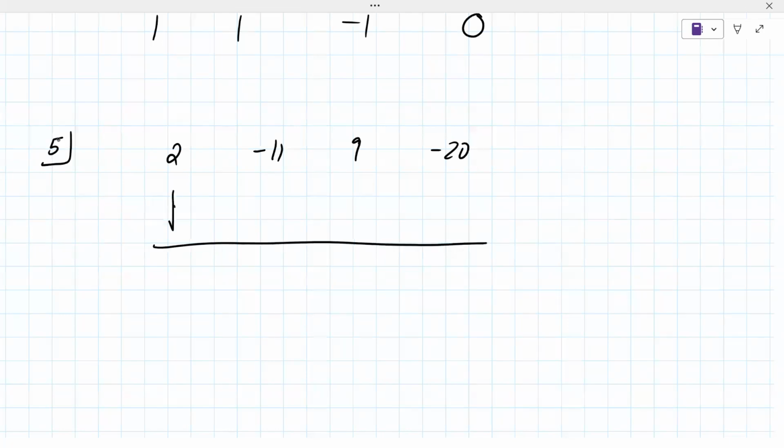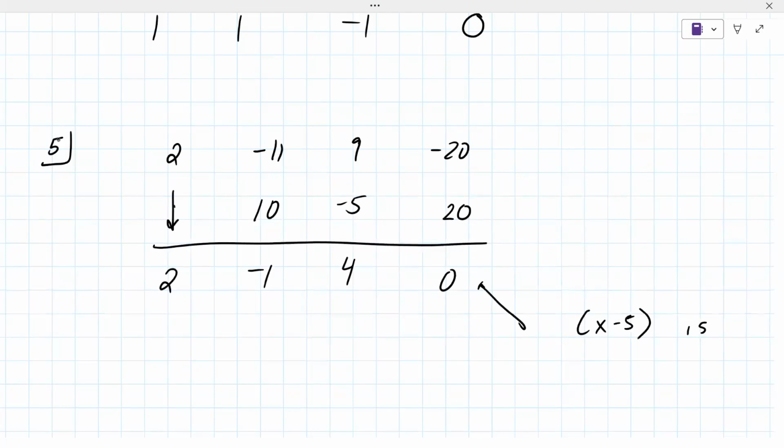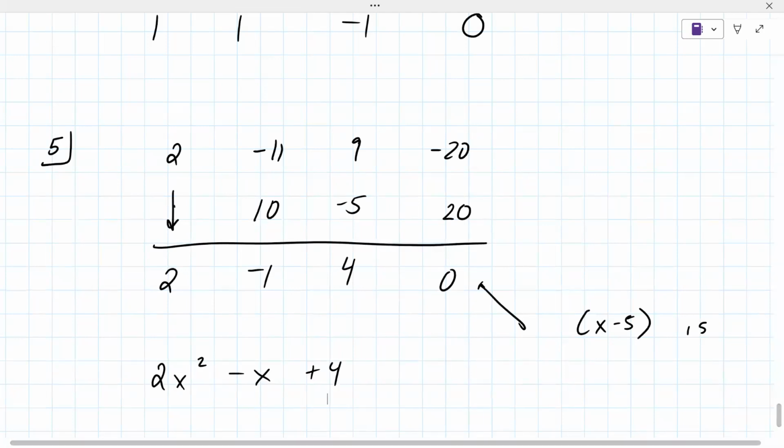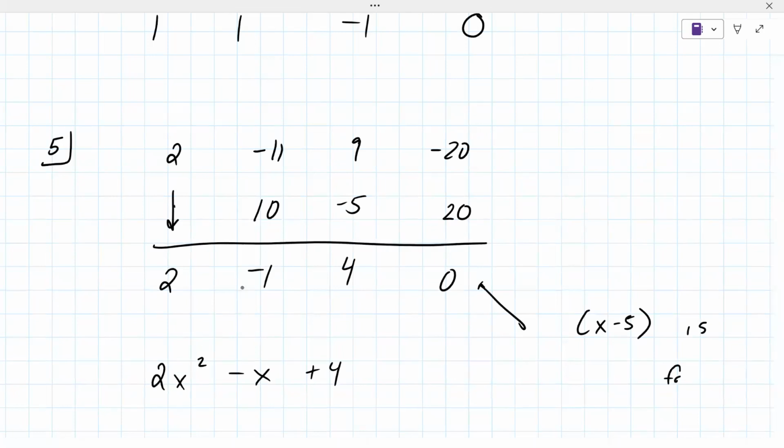It comes out to 0. That's what it looked like to me, looking at it real quick. And so that means that x minus 5 is a factor. And then this ends up being 2x squared minus x plus 4. Maybe this factors, maybe it doesn't, but that's for another day and time. So, all right, we're going to stop there for